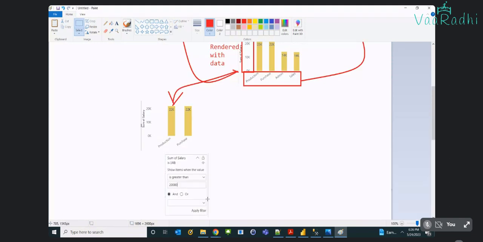If I apply this filter, sum of salary greater than 20,000, it will give me the output this way. So the next thing is